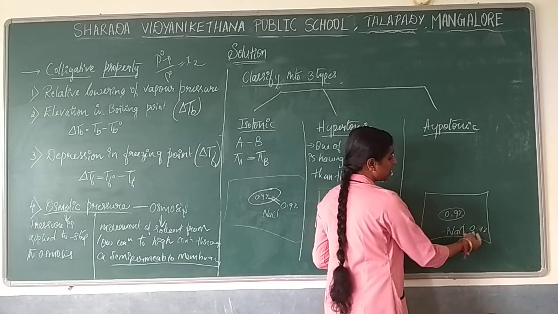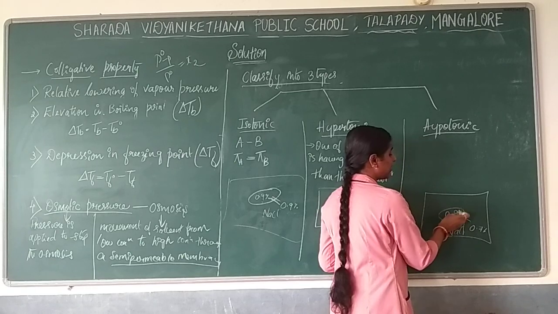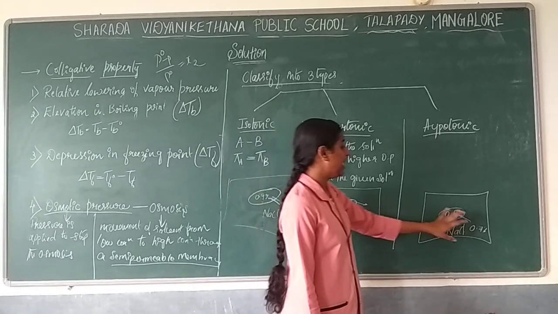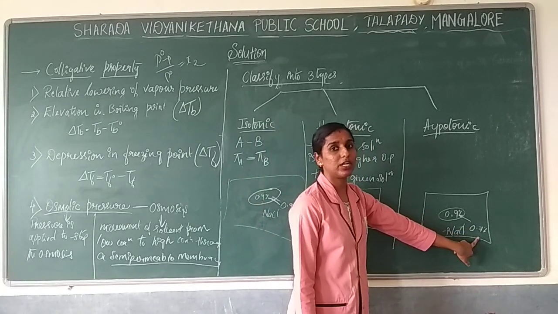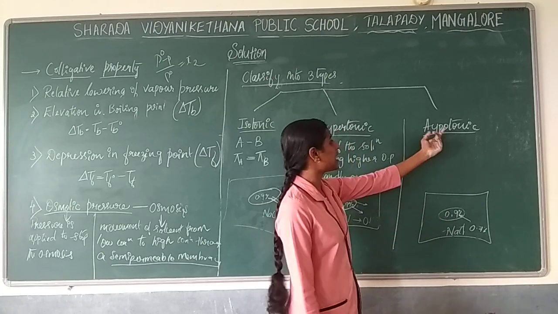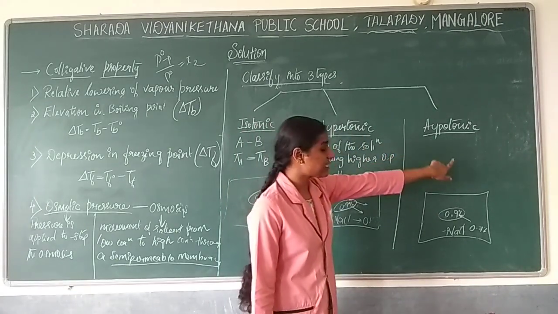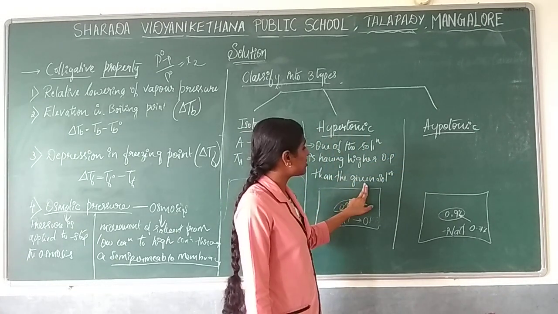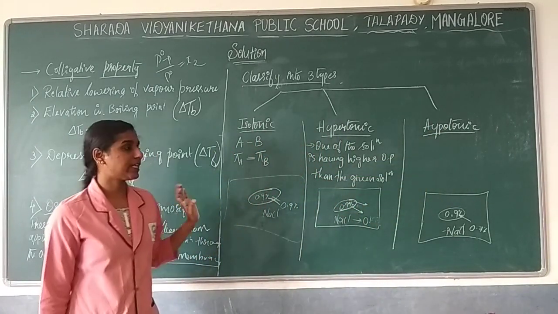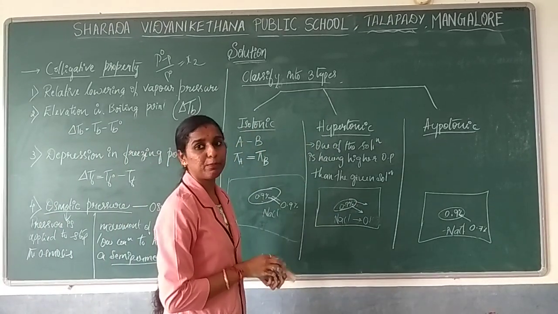So from low concentration to here, the movement of particles can be seen, so that this cell will swell. If one of the solutions has lesser osmotic pressure when you compare with the given solution, by that time this will be considered as a hypotonic solution. So you can write: one of the solutions having lesser osmotic pressure than the given solution will be considered as a hypotonic solution. So these are the three types: isotonic, hypertonic and hypotonic.